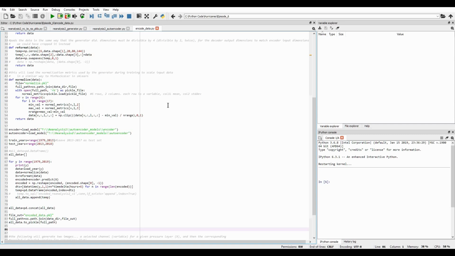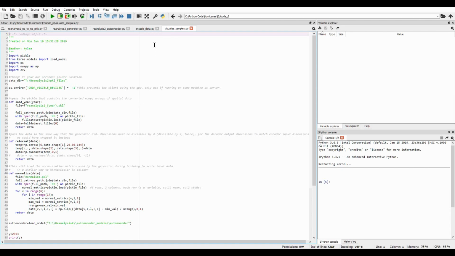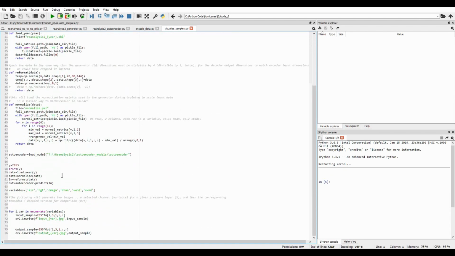Okay, now the last step here is to visualize the data. I put together a new script for this. So if we go to visualize samples, this looks a lot like encode data. It's because I built it off of this, but it's essentially just a little loop at the end. It's a little more simplified. That goes and loads the saved pickled encoded data, and then uses that to generate some visual samples from